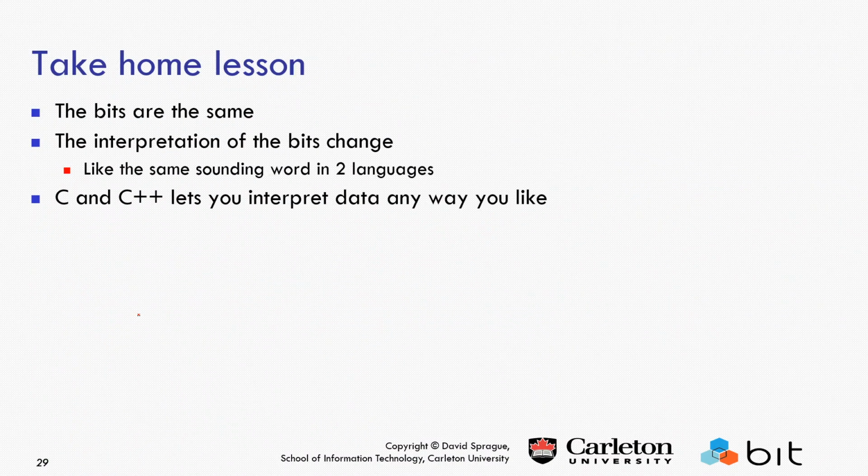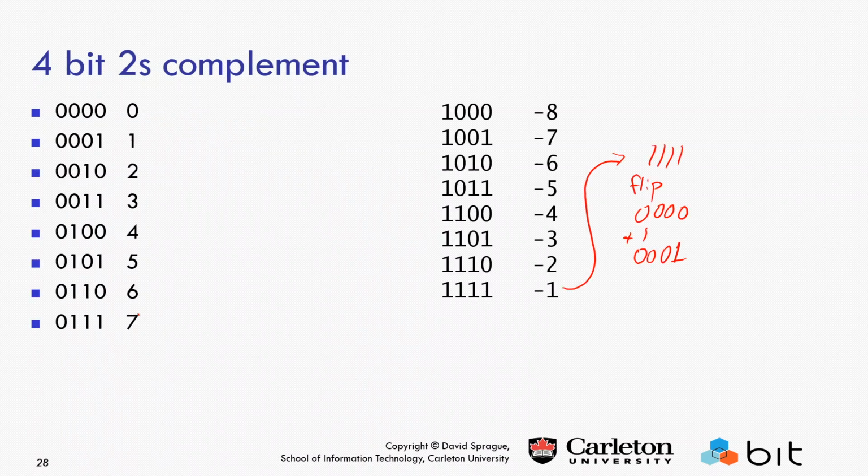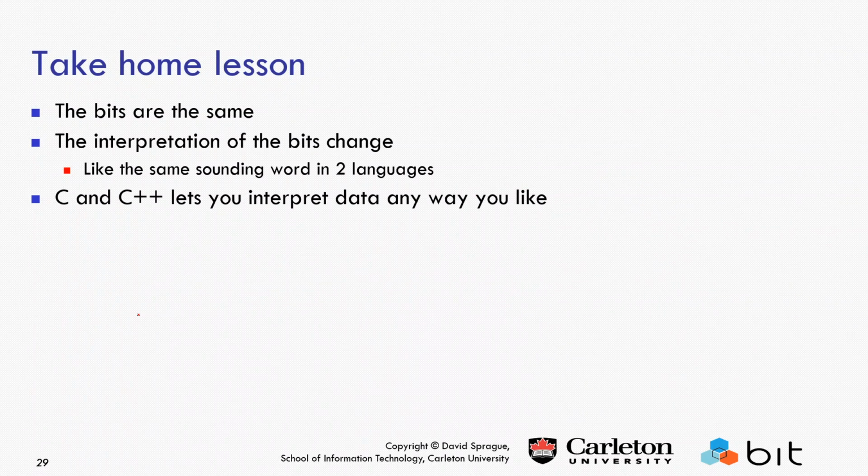I want to see if I have a quiz in here. But your take-home lesson for this is, effectively, the bits are the same, whether it's signed or unsigned, whether you have negative numbers or not. The binary underneath it all is exactly the same, whether it's all positive or it's positive and negative values. My binary is the same. How I interpret that binary number tells me what it looks like. If I say it's a character, well, I represented it one way. If I say it's a negative value, I represented it a different way. The interpretation of the bits changes, and therefore